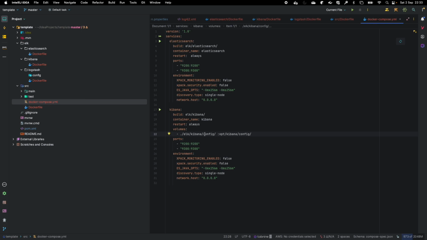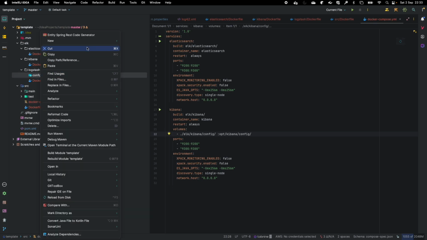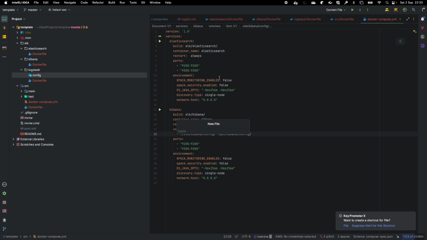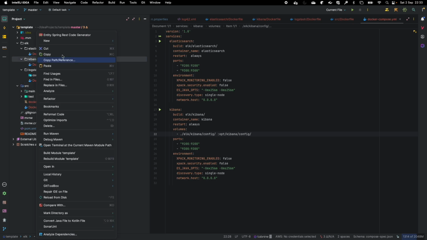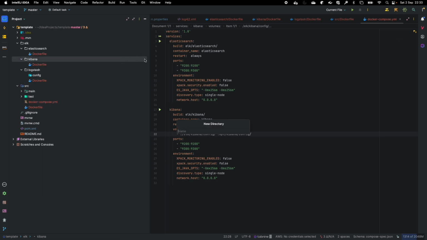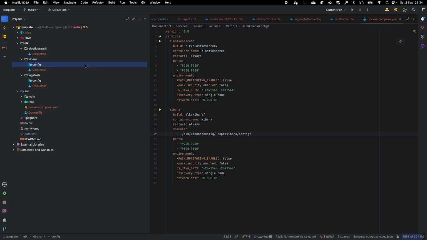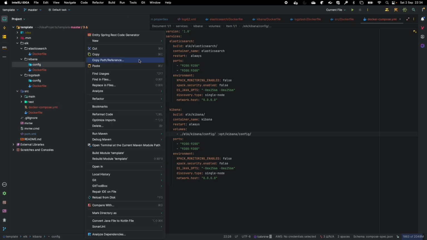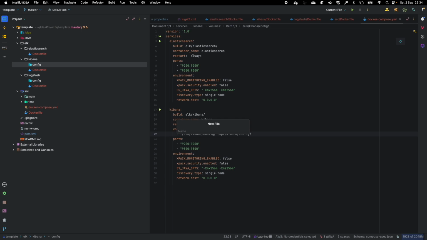As mentioned in this, we are going to create a config file, and the config file for this is going to be a file where we will mention it. Sorry, I have created it in Logstash. Anyway, even for Logstash we will be doing the same. So over here we'll be creating a directory as config, and inside this, the config file that we want to create is the Kibana YAML file, where I'll be saying kibana.yaml,